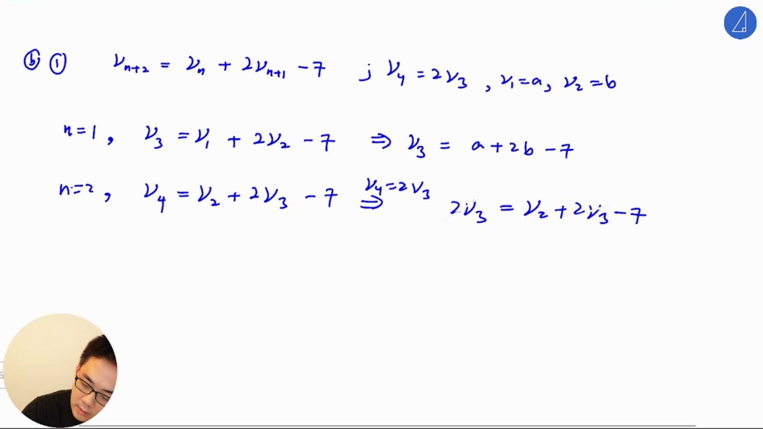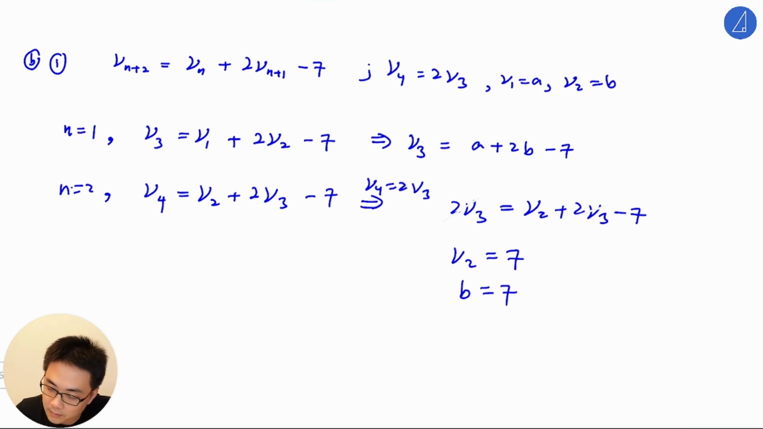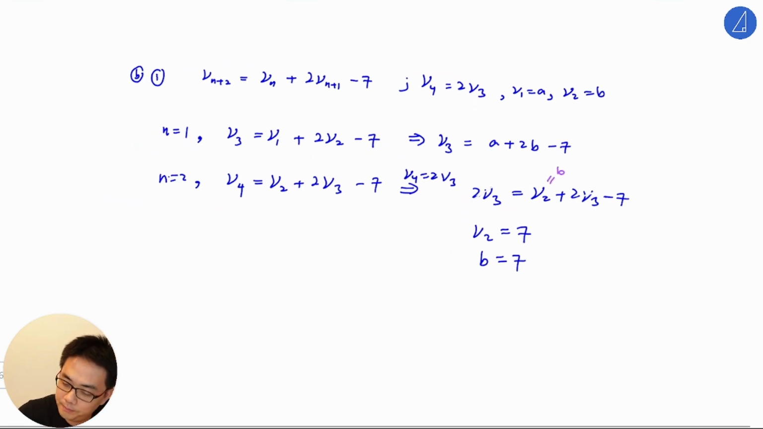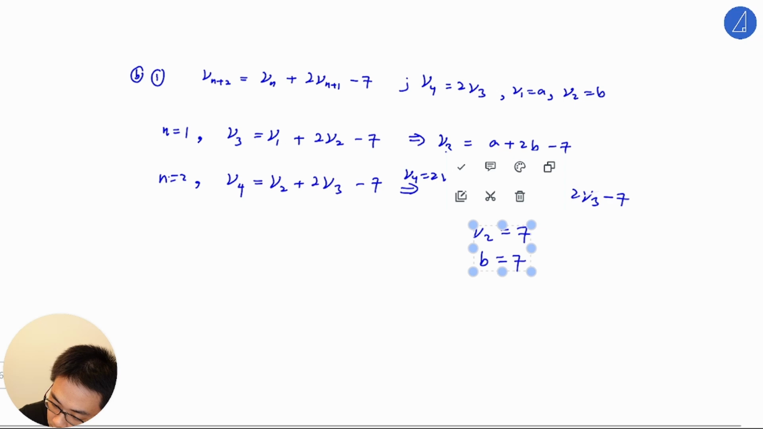So B2 is also B. B is 7. That's fast. This B is 7. I got 7 here. I don't even need to use B2. This is B. Yeah. So this will be